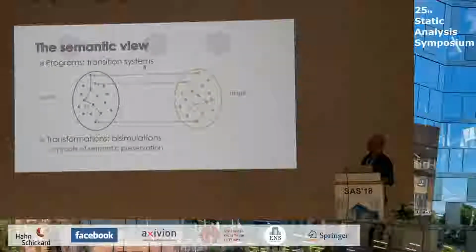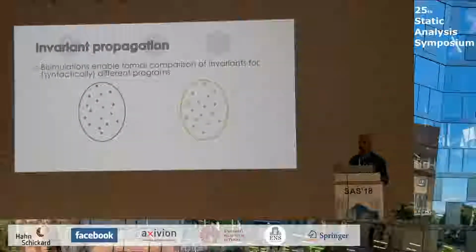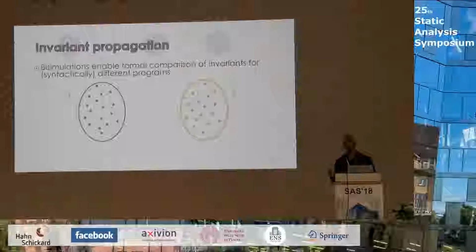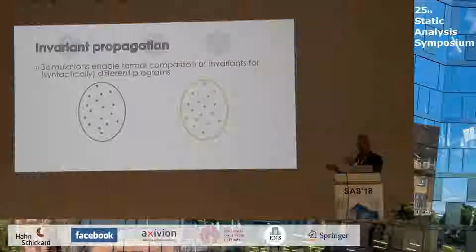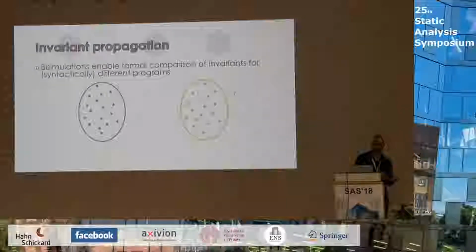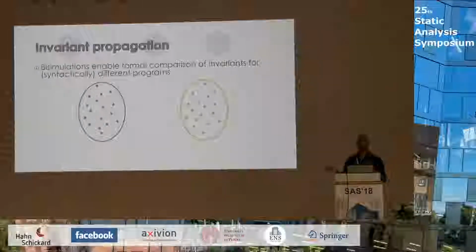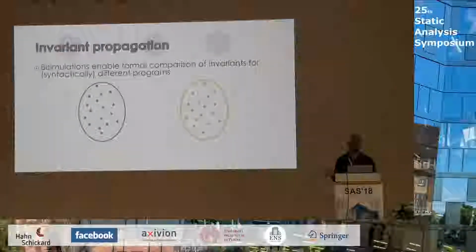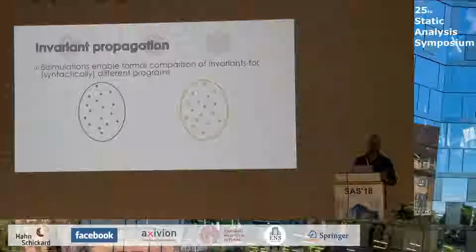So one appeal of using bisimulations is that we can essentially formally compare invariants on two different programs. So far, I've been comparing the invariant on the target program with the invariant on the source program. Intuitively that makes sense, but formally it might not, because source and target programs might use different program variables and have different locations, so the invariants might in principle be incomparable. So it's nice about bisimulations that they give us a formal way of comparing invariants on two different but semantically